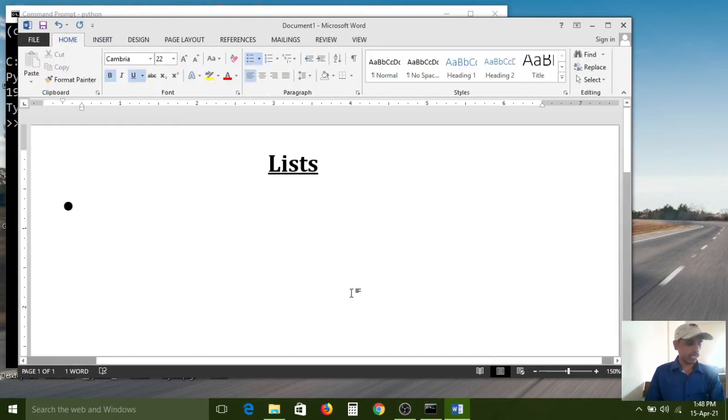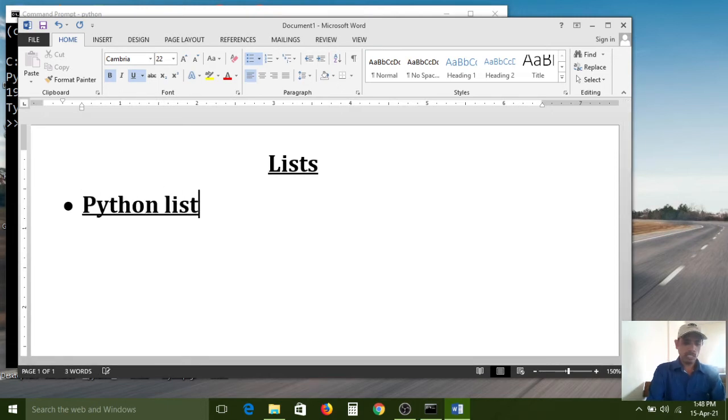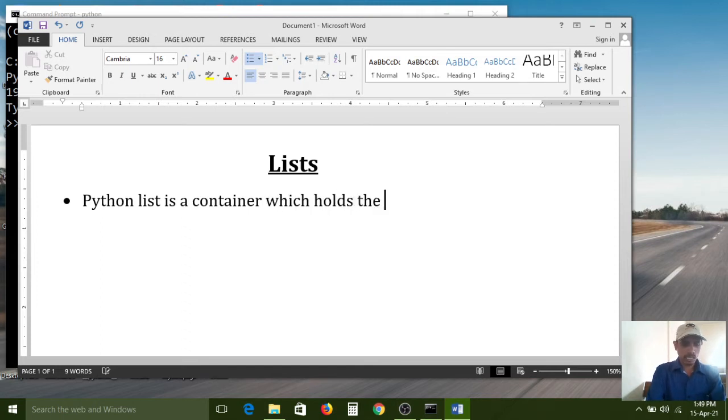The first point is: a Python list is a container which holds the items, or nothing but elements also.